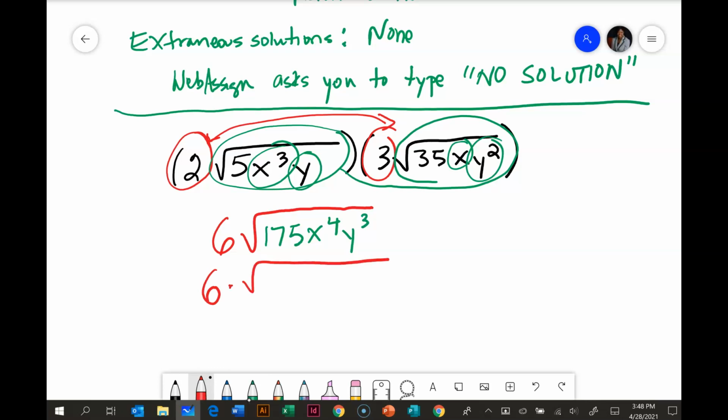Well, let's break it down. Let's break down this 175. Is there a perfect square in 175? Perfect square. So I want you to try it, and it might be best to pause the video if you are working through the problems along with me. All right, so hopefully you got to 25 times 7, and of course x to the 4th is a perfect square, so I could just say square root of x to the 4th is x squared and take the x squared out, but I'm going to break it down to perfect squares. I'm going to break down this y cubed into as many y squares as possible,